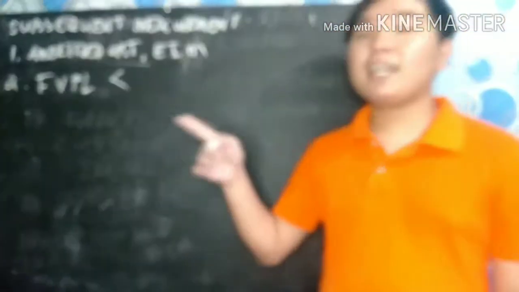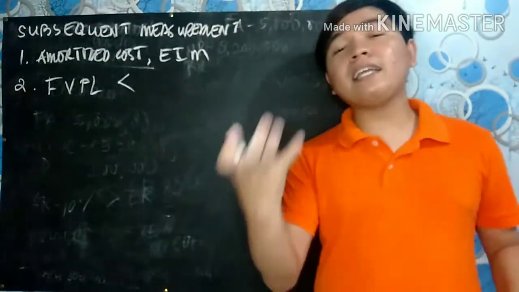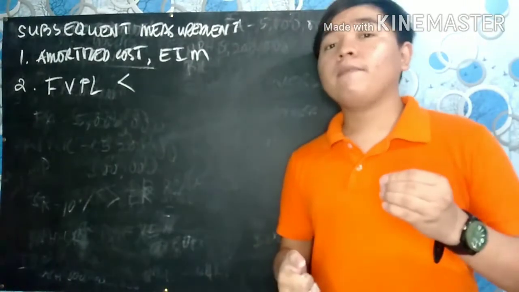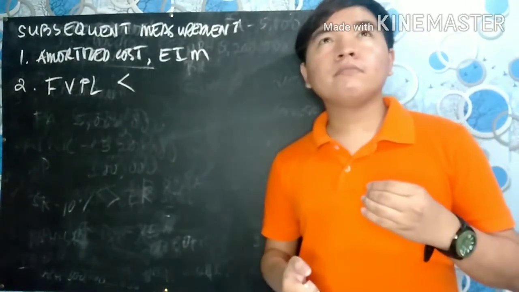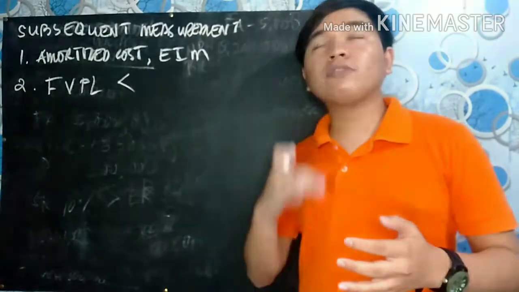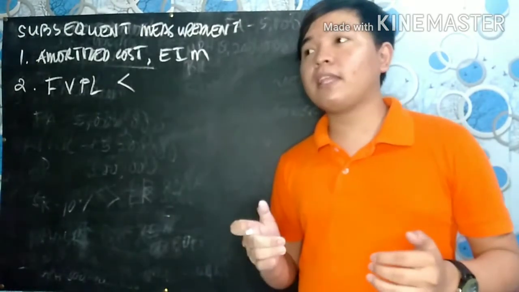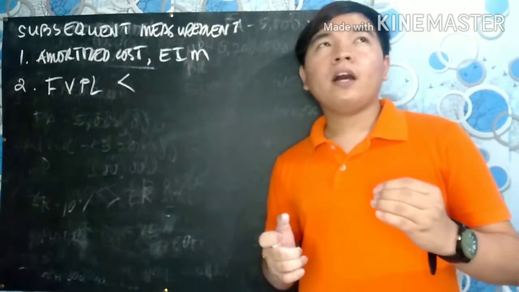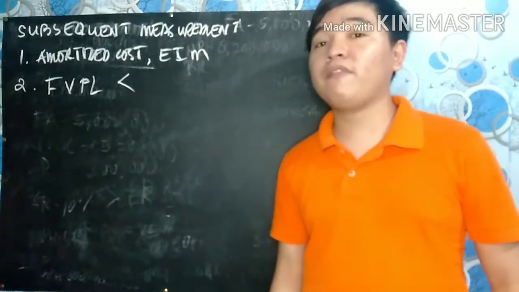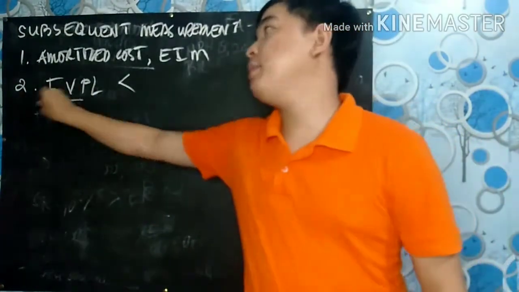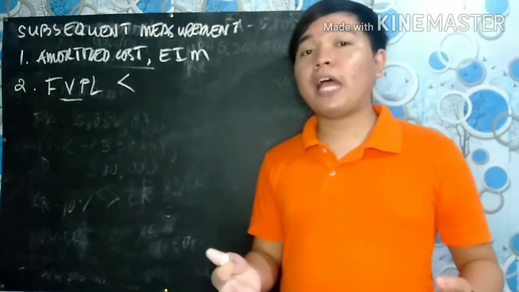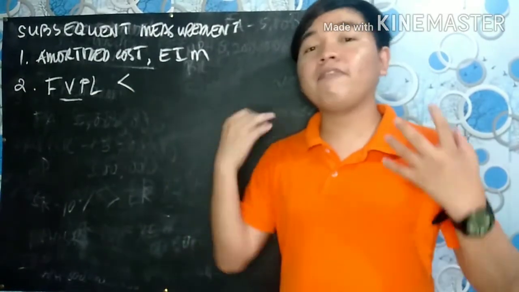So, kung ang issuing entity ay nag-issue ng bonds payable to the investors, yung accounting treatment ng issuing entity is irrevocably designated as fair value through profit or loss. So, ito po yung gagamitin natin. Okay po? So, let's say, nag-issue po tayo ng bonds and yun po yung ginamit natin, fair value through profit